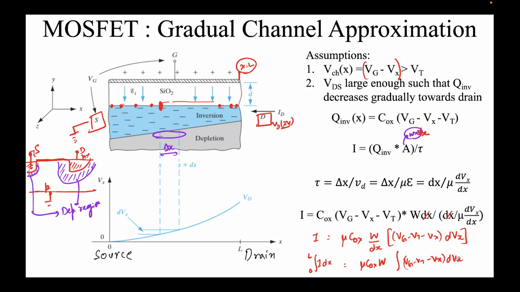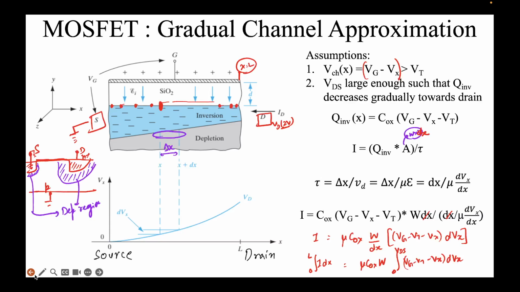So where dVx varies, when x equal to 0, Vx is 0. Vx is the channel potential, which means we are at source. We are at 0. And when x equal to L, we are talking about Vx as Vds. Okay. I is constant, as I told you. The current will not change when you are traveling from left to right, because by KCL we are not storing any charge here. So all the current which has been injected from source will remain the same throughout the length of the channel. So I can then write